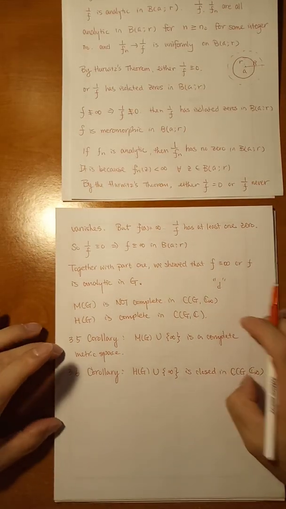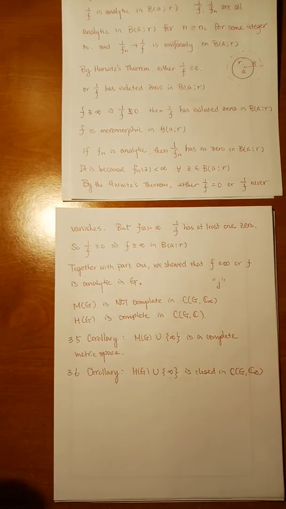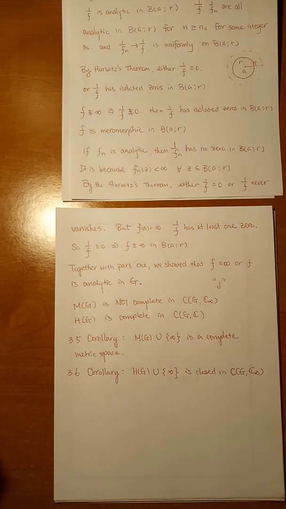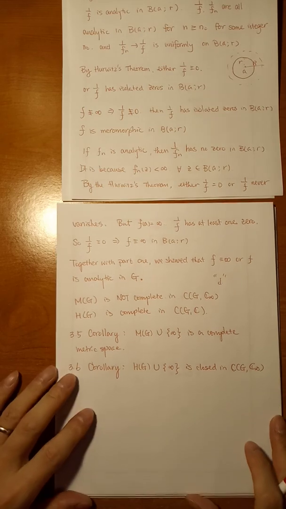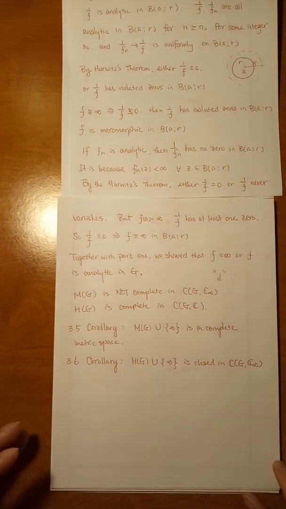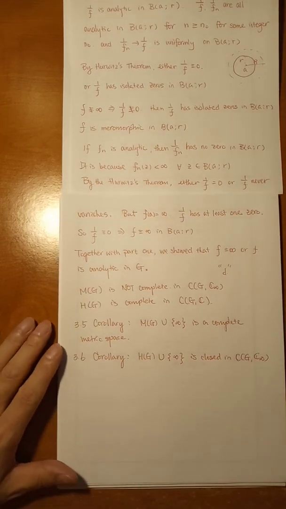Okay, so these two are just an explanation or the direct translation of the previous theorem, theorem 3.4. Next, we're going to do some similar problem in M of G. In H of G, after we show it is complete, we want to classify the normal family, locally bounded. And here, we also want to classify the normal family. But for M of G,